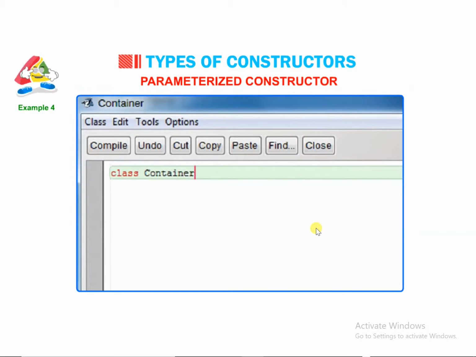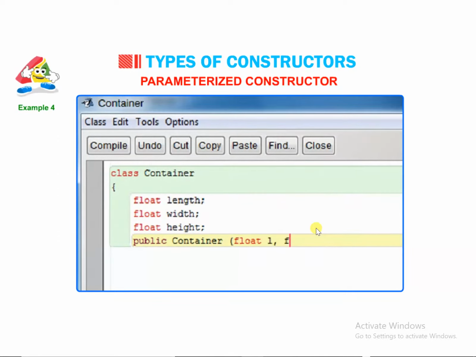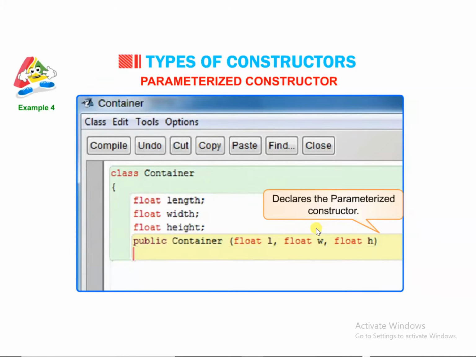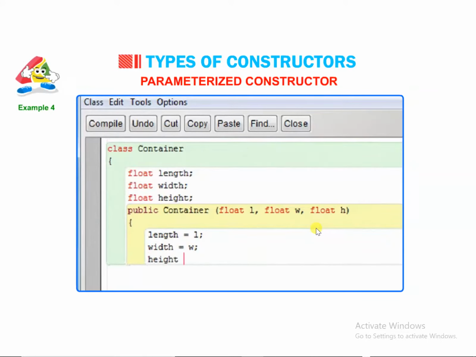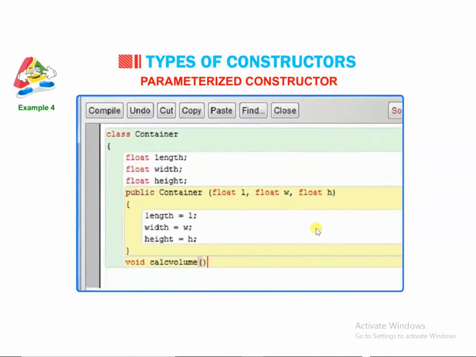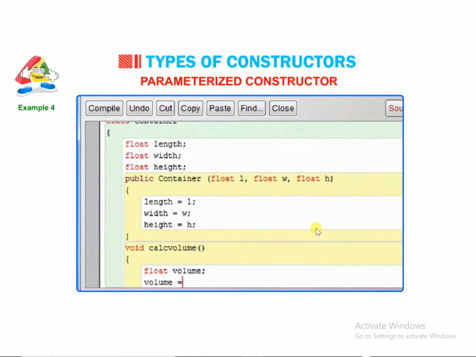class Container { float length; float width; float height; public Container(float L, float W, float H) declares the parameterized constructor. { length = L; width = W; height = H; } void calcVolume() { float volume; volume = length * width * height;